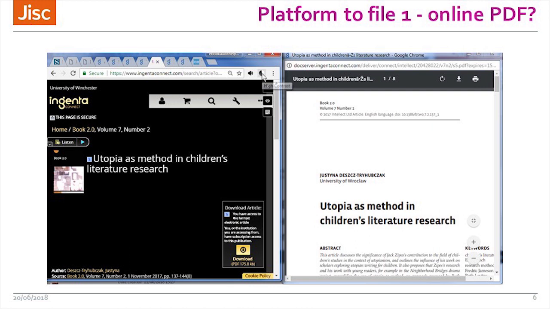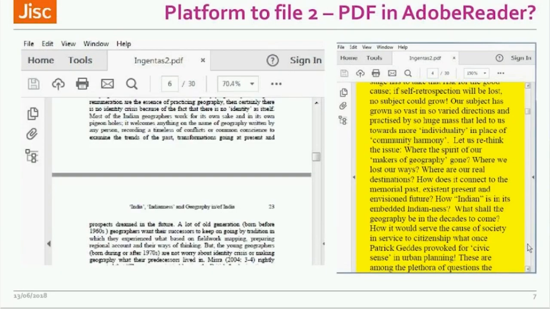Anyway, so we've gone from the platform, and here on the right-hand side, we've looked at that file in an online PDF. So we've chosen the PDF, it's loaded up online. That's one of the options we have, and that will give us certain options of its own. So for example, I could potentially select some of the text in there and copy it, which could be very useful for a student. But my other option is, I might say I want that PDF, but I'm going to look at it in Adobe Reader instead.